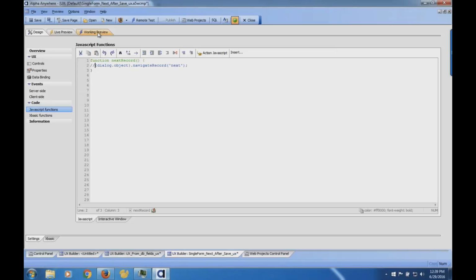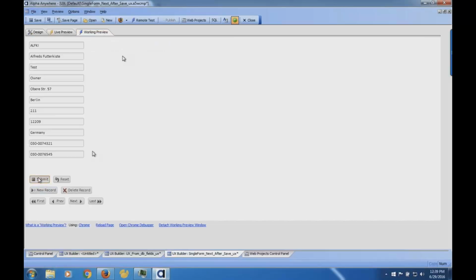I have a form that's been data bound, and when I edit the form and click Submit, you'll notice that it just stays in place. I've edited this record, and it just says edit there. Then if I want to edit the next record, I have to click next, and go there and say, okay, 3, 2, 1, submit, next, 1, 2, 3, submit, next.